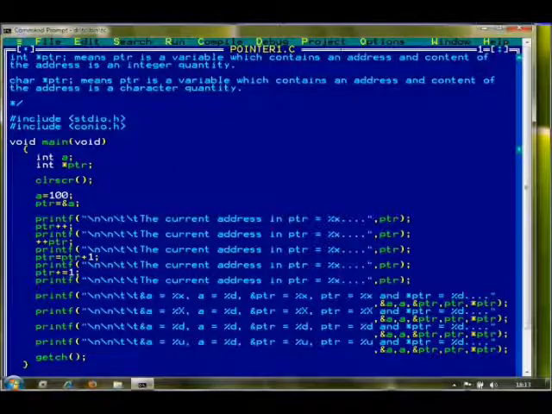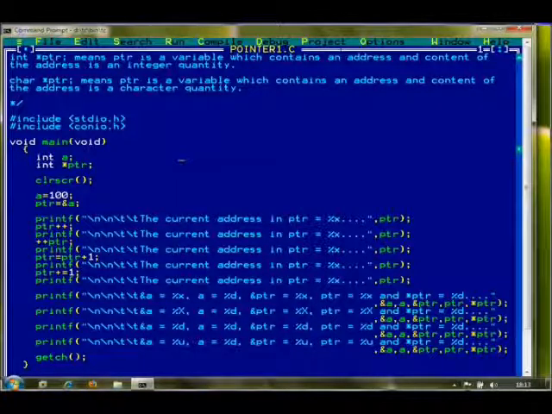Let me discuss that here. The basic difference between PTR plus plus and PTR is equal to PTR plus 1 is that in case of PTR plus plus, you are dealing with a unary operator, because the plus plus operator requires one operand. But in case of PTR is equal to PTR plus 1, this plus operator is a binary operator. It requires two operands to be operated on. Operands means data.